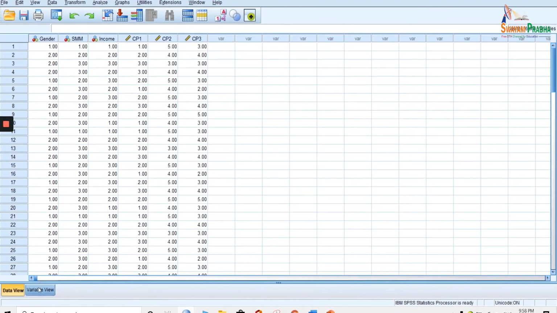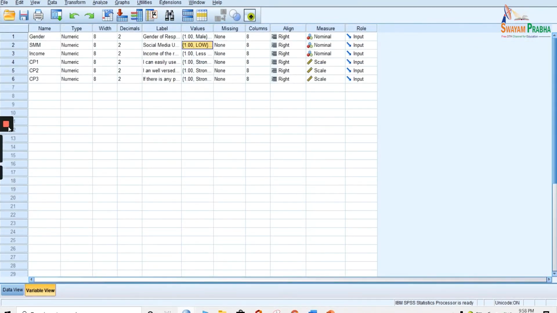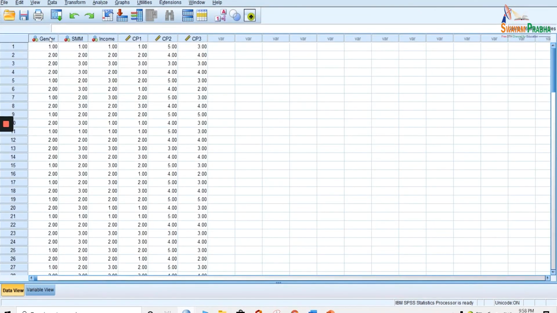Now focus on these two variables. One is gender, which I already discussed in the example, and second are my three statements here, and I am going to work on these statements. I have to take the average of all these three variables so that I can have a new variable, which will be the level of computer proficiency.